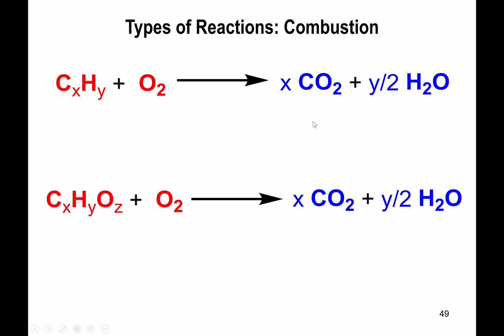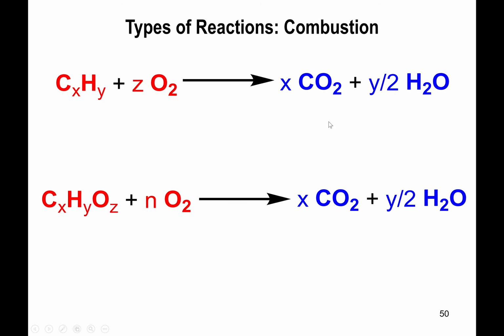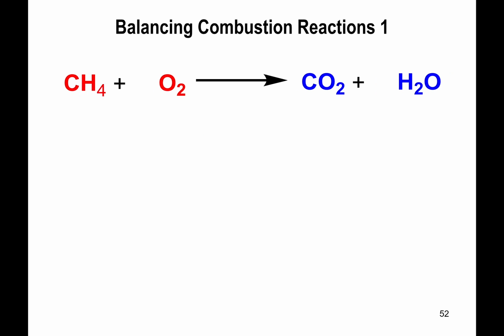So if you take the 2 oxygens of CO2 multiplied by the x amount of CO2, that will give us a total of 2x oxygens coming from carbon dioxide. At the same time, if we have the 1 oxygen of water multiplied by its factor of y/2, we end up finding out that there is 2x plus y/2 atoms of oxygen